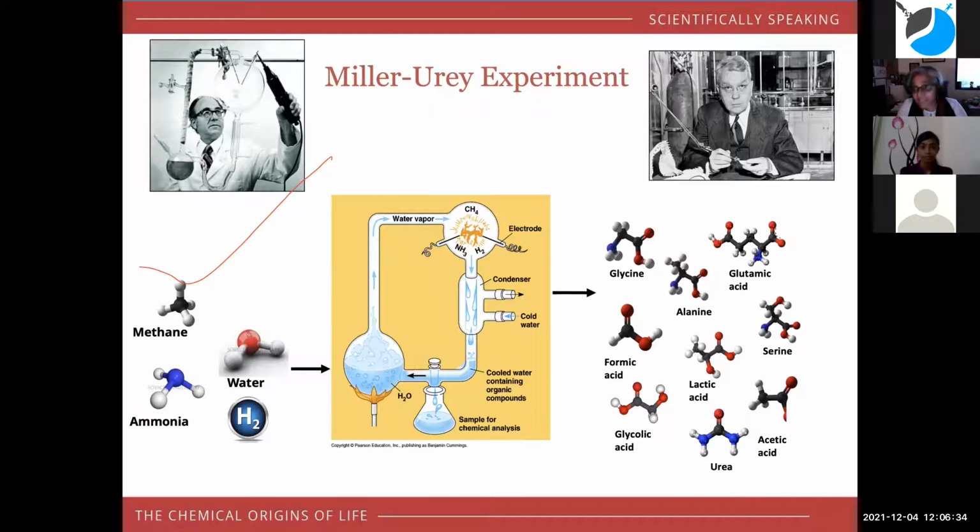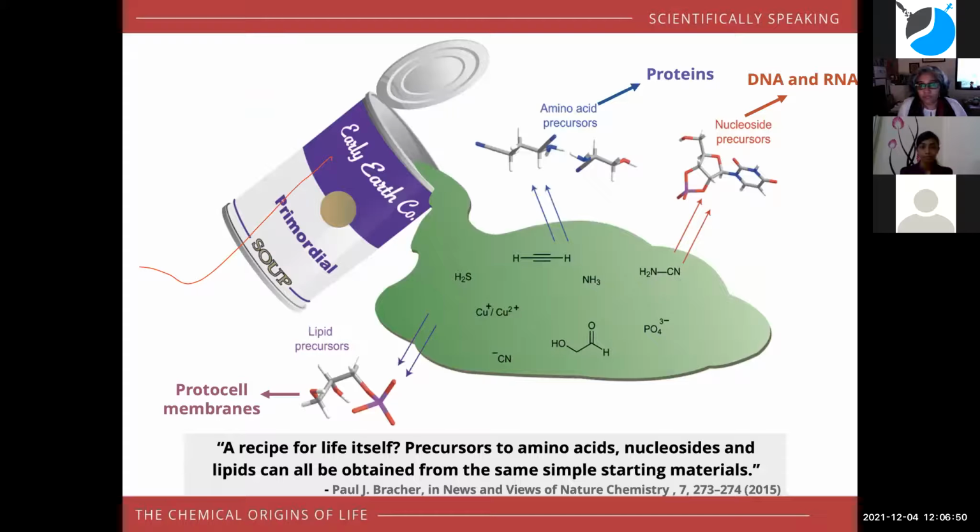This set the stage for basically a field of research called the origins of life research, mostly prebiotic chemistry, because this is the chemistry that predated life. This was the famous year 1953, which was also the year when the double helix structure was basically described. So suffice to say that in these decades since 1953, there has been enough research coming out from colleagues' labs